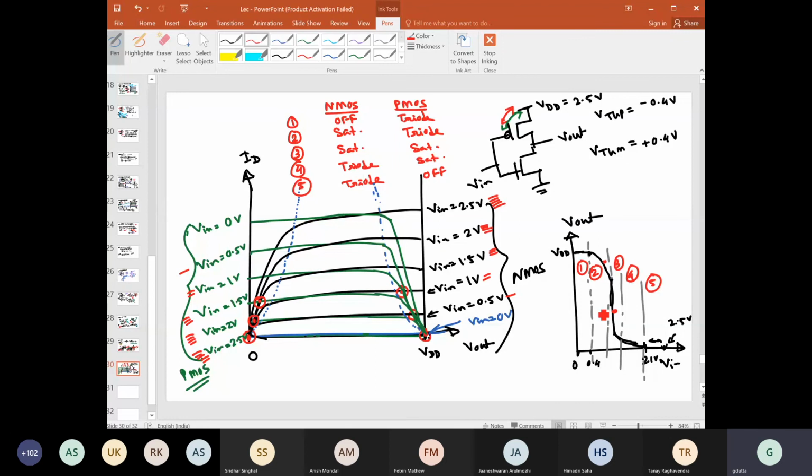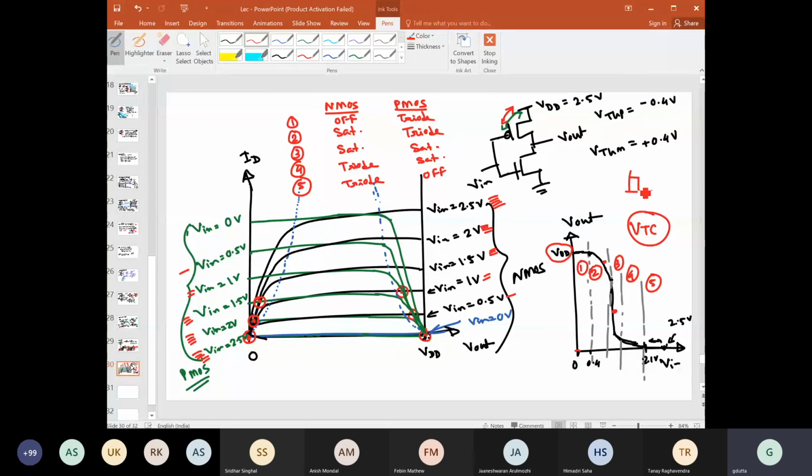I hope that from this, at least you have now got a better idea of how you are getting the VTC characteristics like this, and how you are able to solve the issues that you encountered in earlier inverter designs. For example, you are getting VOH to fully VDD. You are getting VOL dash to 0 volt. And you have a very sharp transition in this region. All are quite advantageous, and it is quite close to the ideal expected characteristics of an inverter.